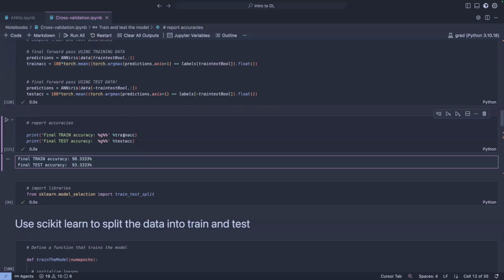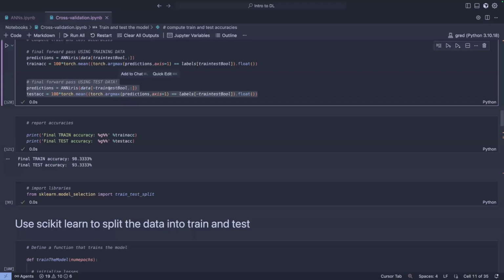The addition here is that now we have the training and the test data sets. So the model has not seen the test data set except in that step. The test data set did not go into the training. The parameters of the model have not been updated by using the test data set. It was only the training data set. And now we're only using the test data set to run that model to compute the forward pass.